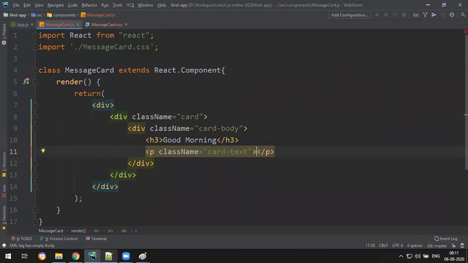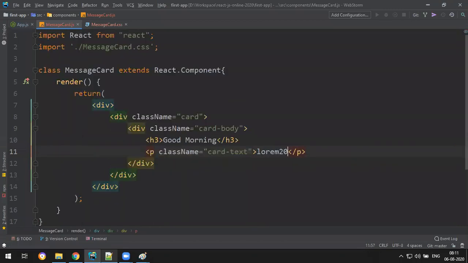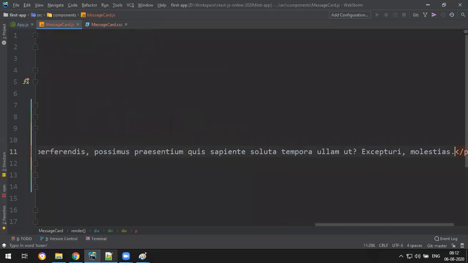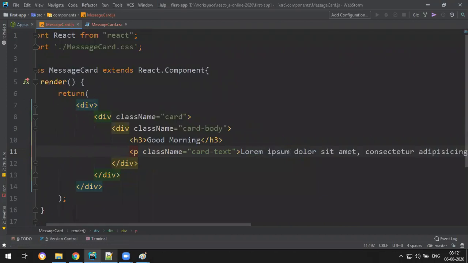If you are new to WebStorm, you can create dummy text with the lorem command. So lorem 20 tab, you get 20 words.